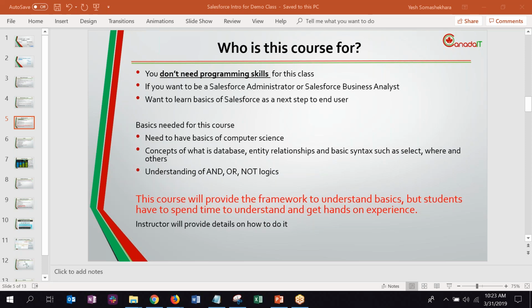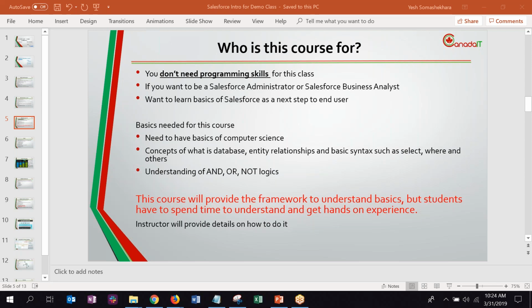I'm going to, as I said before, give you work that you can do after this class at your own pace. There are a lot of learning materials I can help you with. You'll have to put in effort to learn all this apart from Salesforce, but there are a lot of good reading materials and a lot of hands-on experience that Salesforce provides. So don't worry. Just be ready to put in effort. That's it. And again, I want to reiterate one main thing: this course is to provide you the framework to understand the basics of Salesforce.